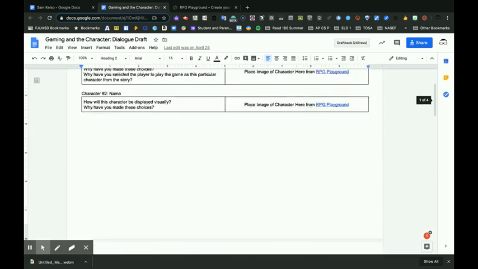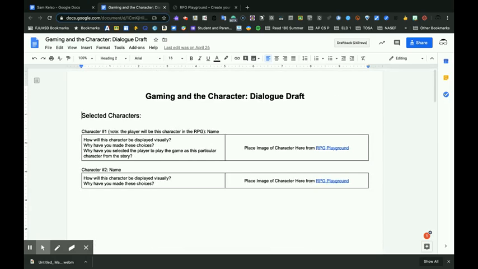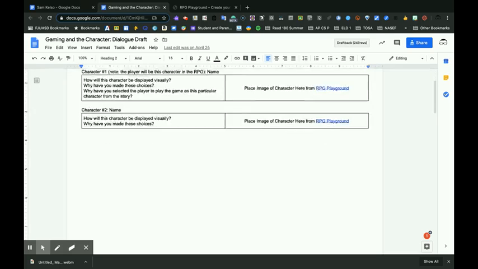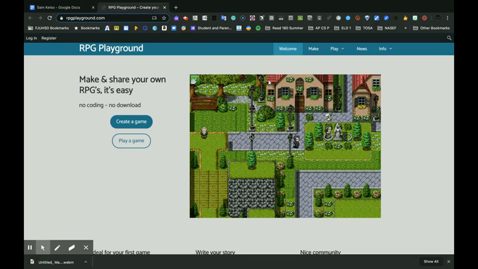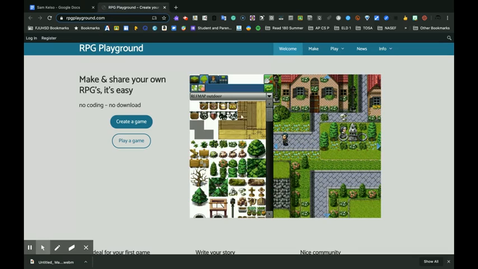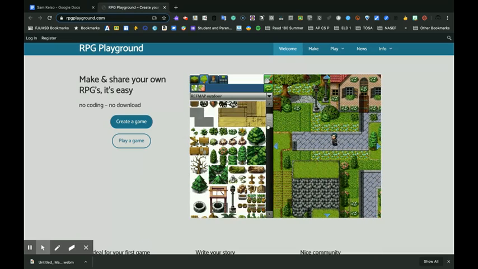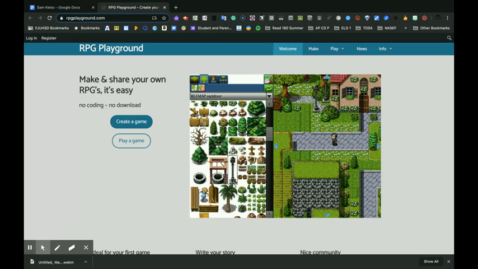So they were tasked with quite a lot here in terms of flexing their punctuation skills, but also their real deep understanding of those characters, and then ultimately fleshing those out into a game where they build a scenario, they bring in that dialogue that they've written, they design the characters visually to represent and kind of give clues